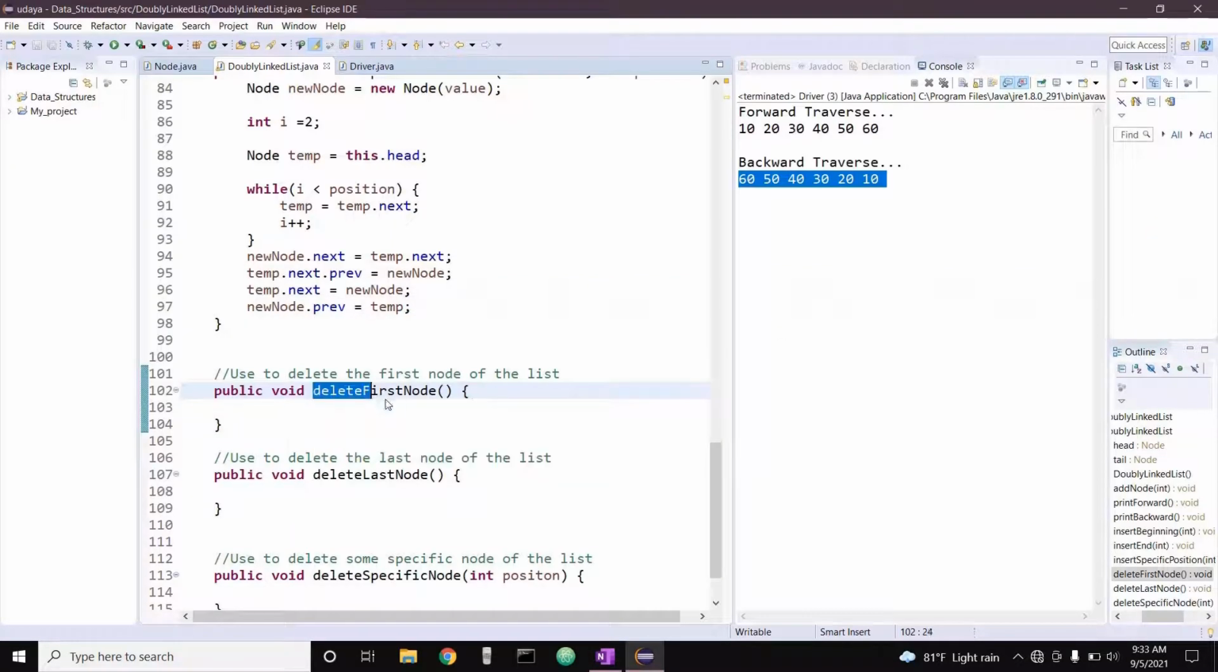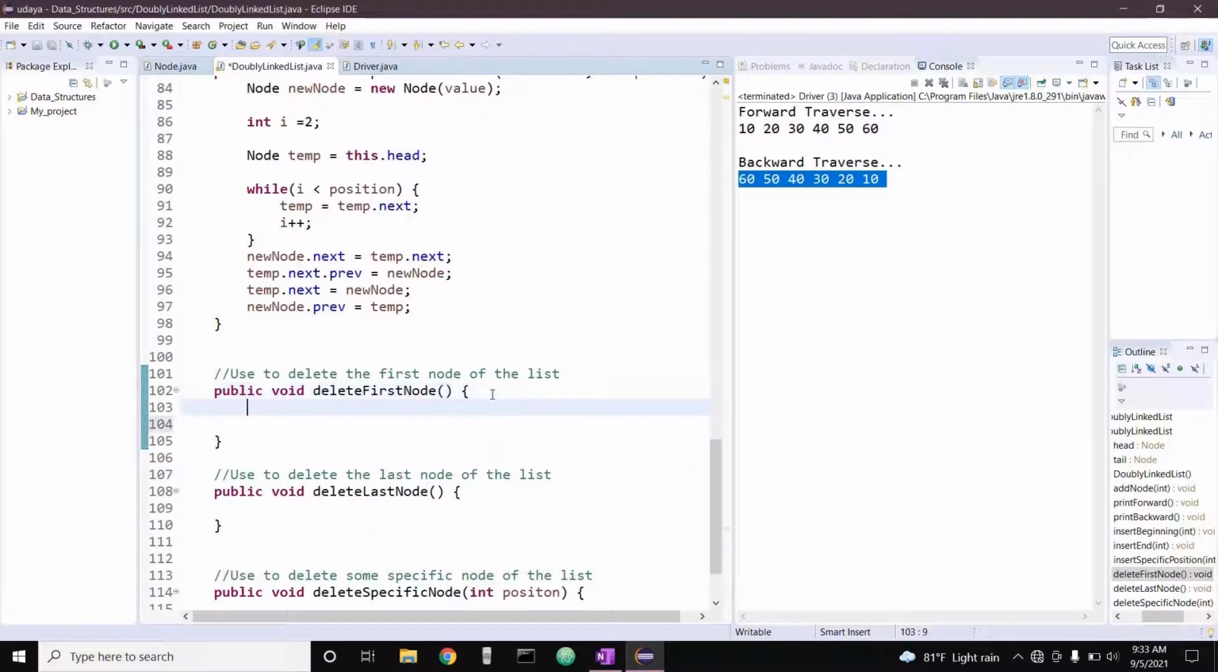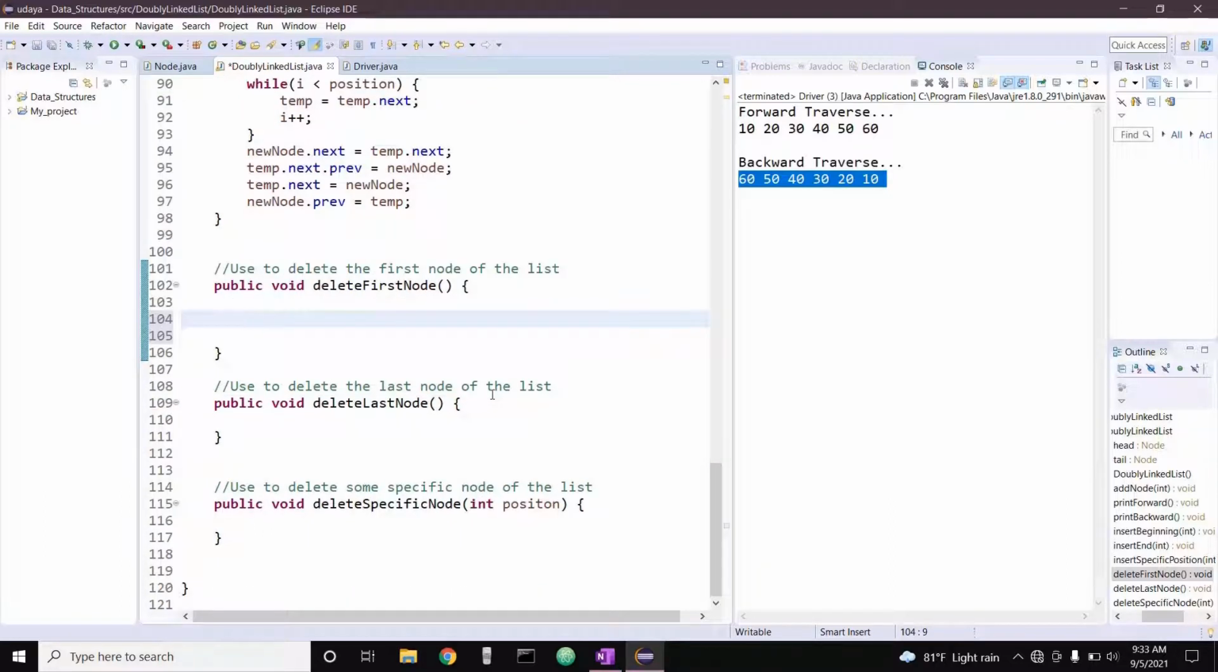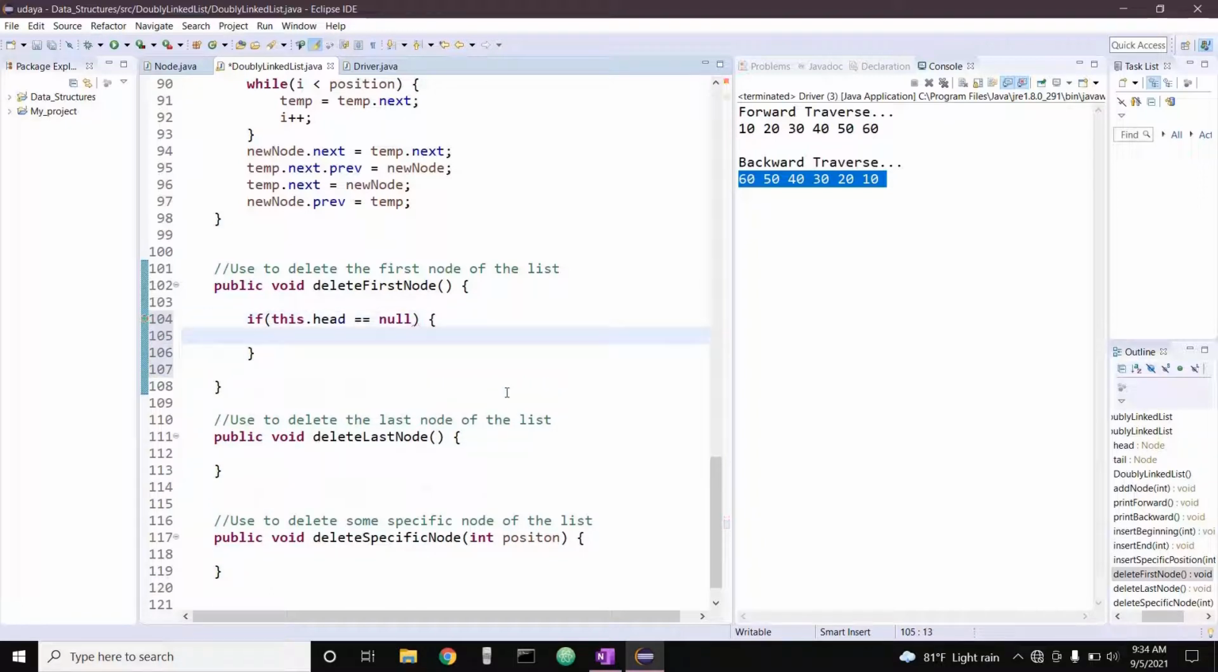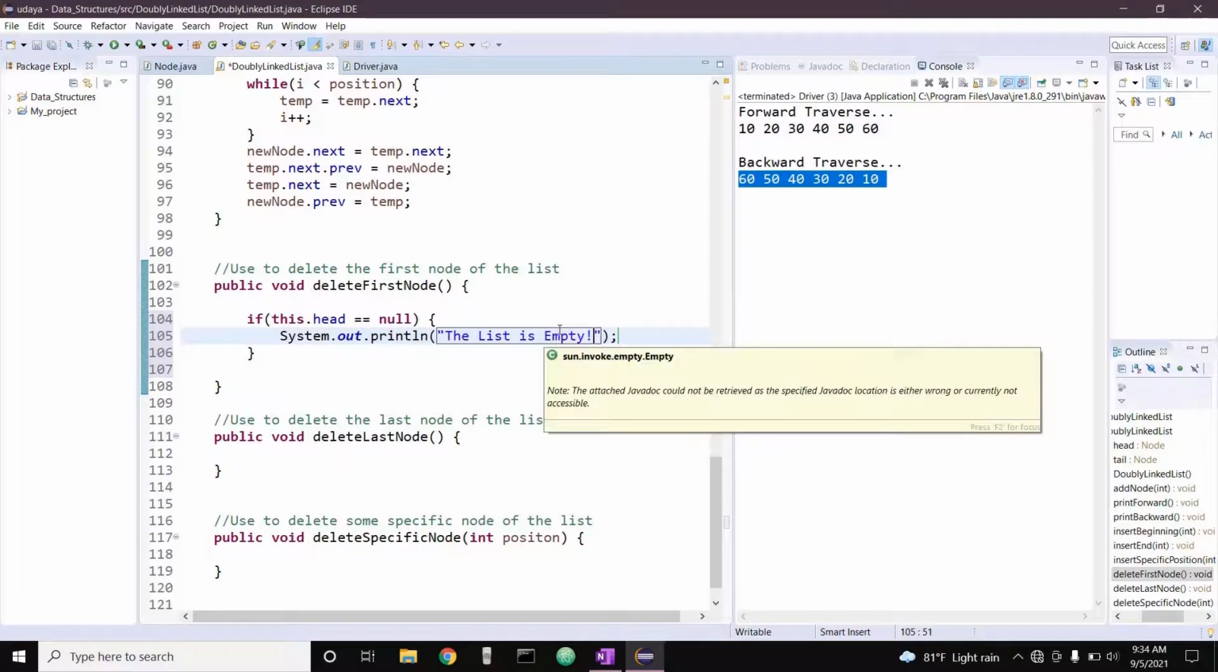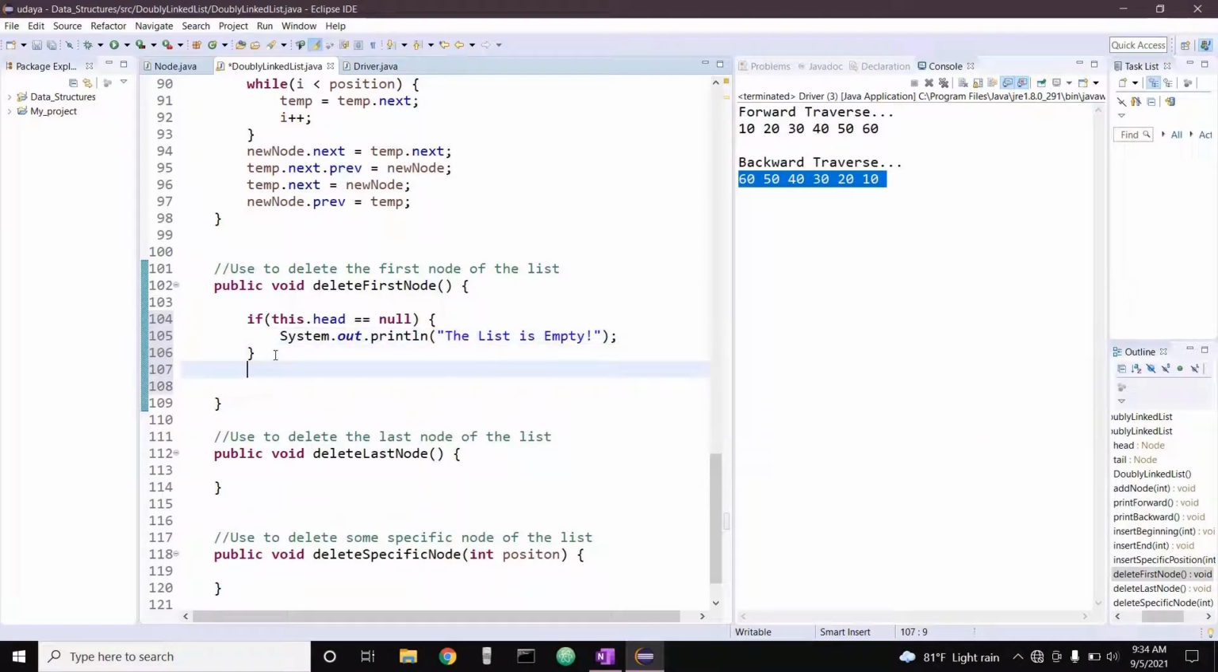Here you can see I have constructed a function called delete first node. Now let's see how to implement the function. First of all, we check whether the list is empty or not, or else we have to do nothing. If the head reference is not pointing to any node, it means the list is empty. We can simply give the message that the list is empty. Else,